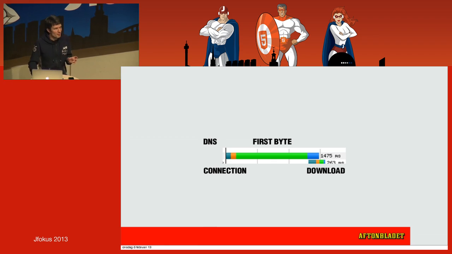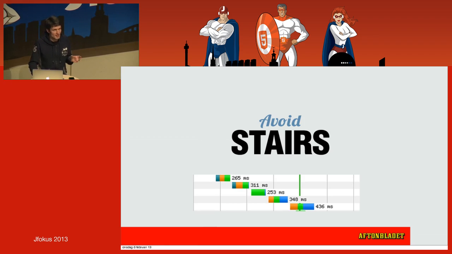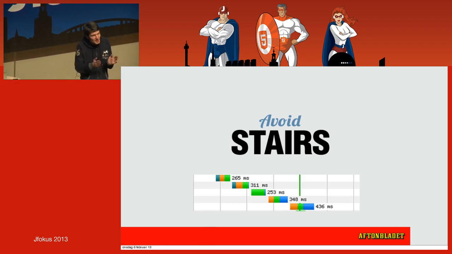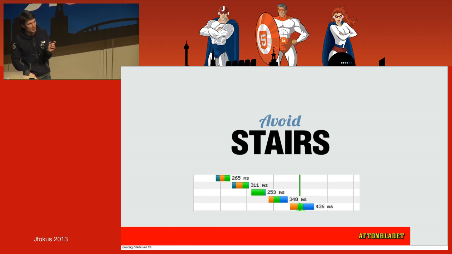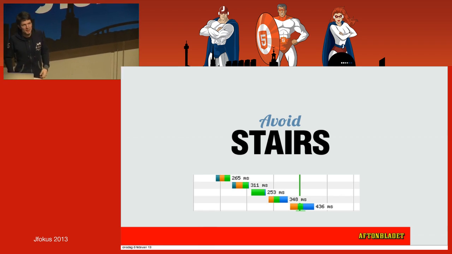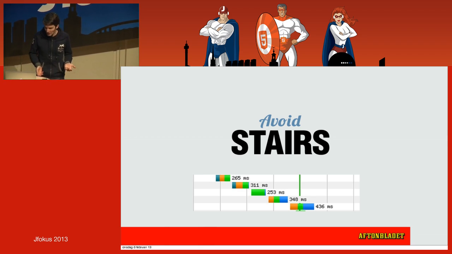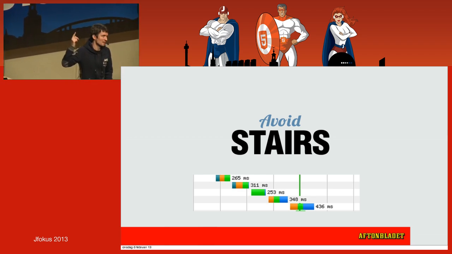And there are certain problems on these pages that you can detect right away. You do not want a waterfall that looks like this. You want it steep and short. And when you get this kind of stair thing, where one resource loads and nothing else, and then when it's finished, the next one starts, and then the next one, and so on. You don't use the network as well as you would like, and you're probably blocking the rendering of the page too. This is a typical old school ad example, and in fact, it is an ad,